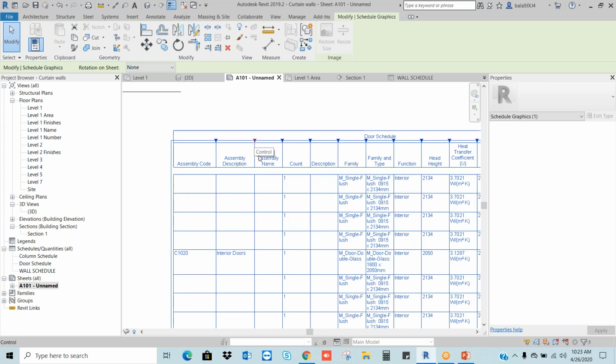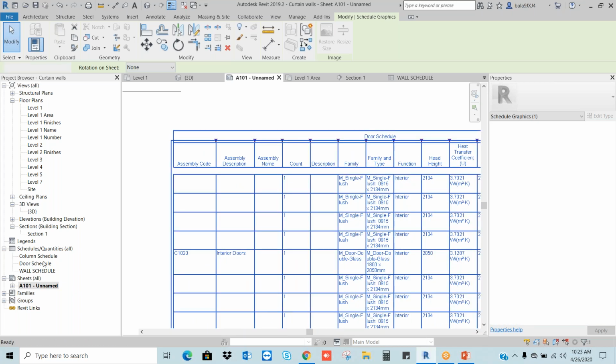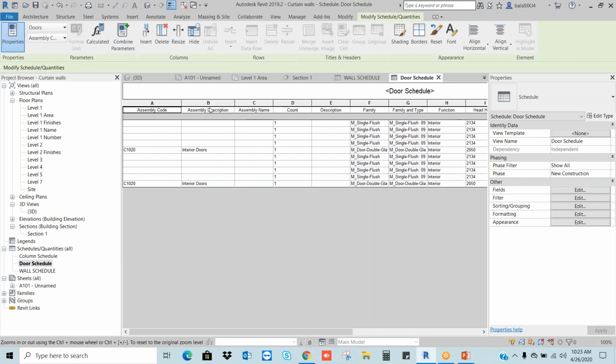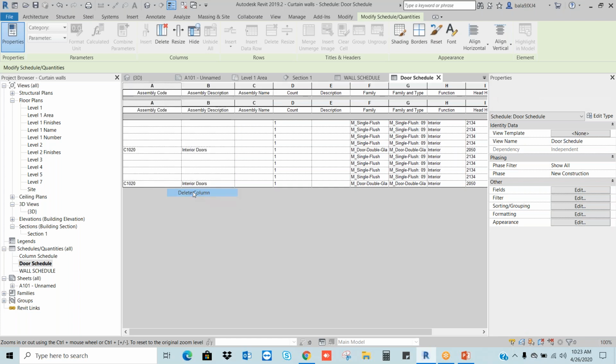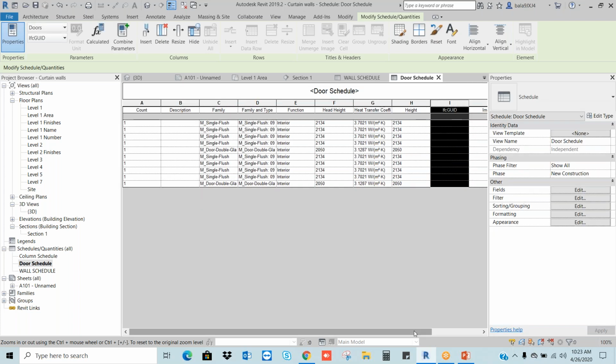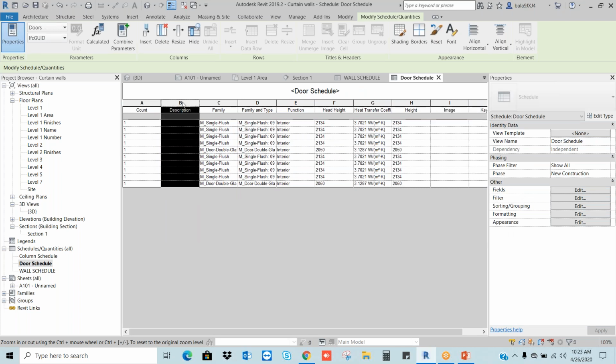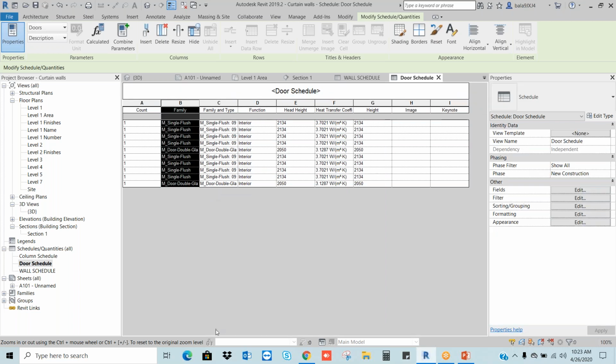Whatever you want. If you don't want some field, go to the door schedule. As we discussed yesterday, remove these columns, for example. Delete column. Okay. Whatever you don't want, blank columns, delete. Let's say I don't want the description. Delete.